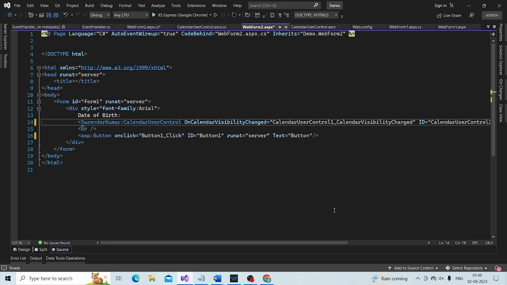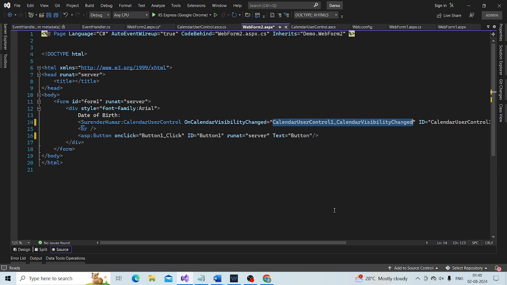Look at that, I am registering the event handler. Now I am registering the event handler method CalendarUserControl1_CalendarVisibilityChanged within the ASPX page, WebForm2.aspx HTML page.